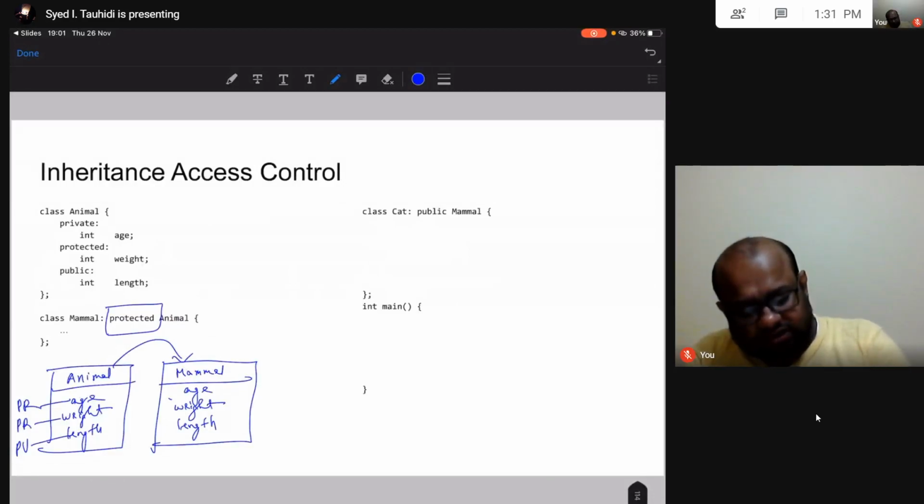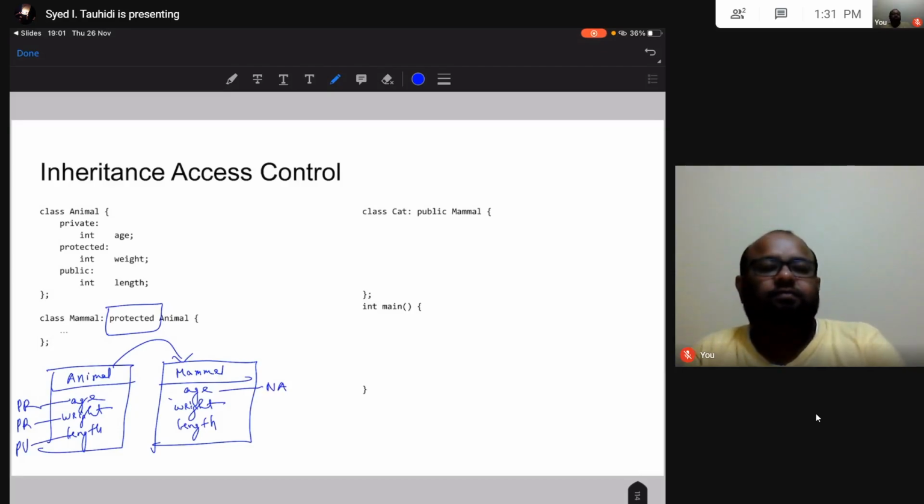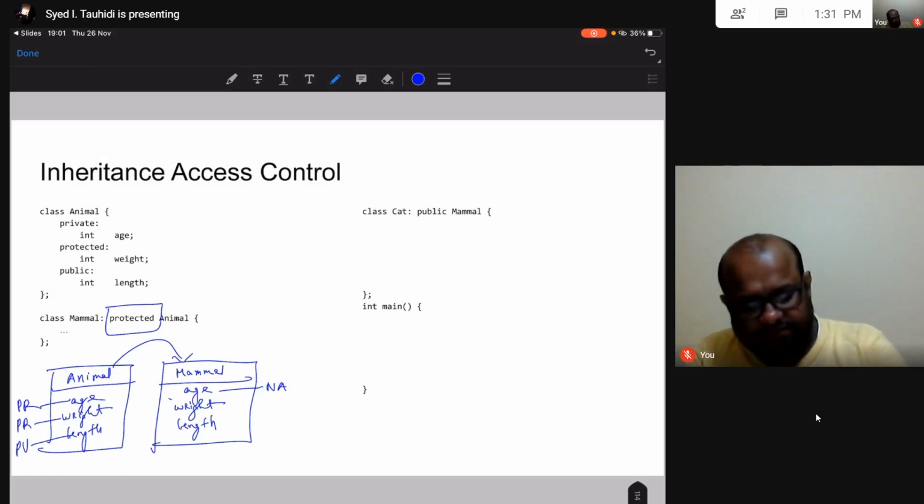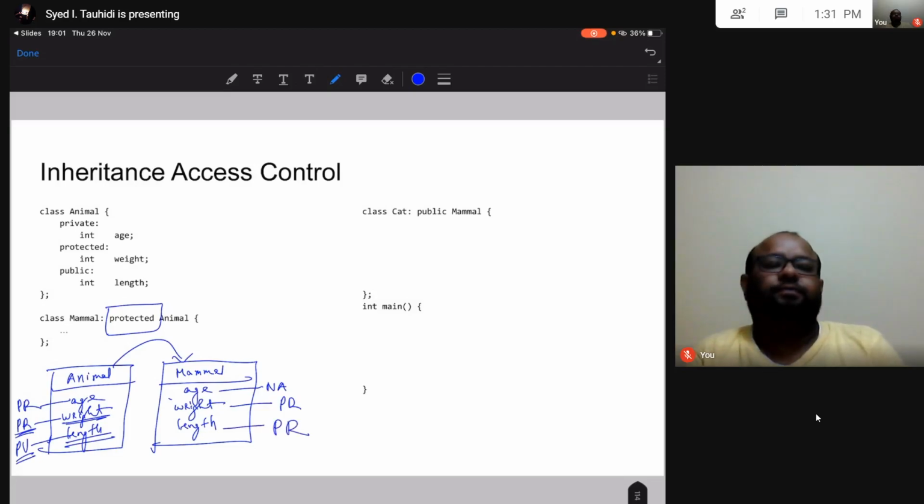Private is going to stay not accessible. I cannot access this private attribute of the base class in my derived class. What about weight? Weight was protected before, it will stay protected. What about length? Length was public before, this is going to change and become protected. Okay.